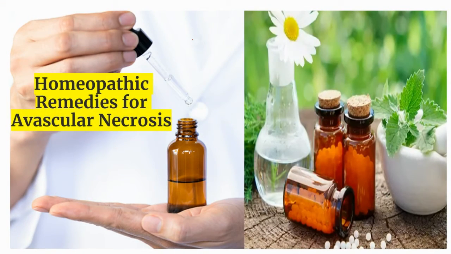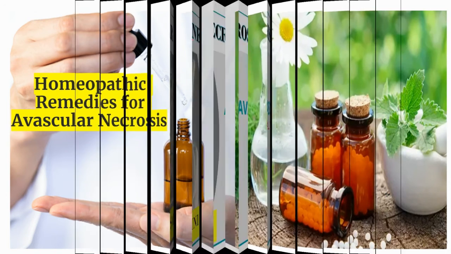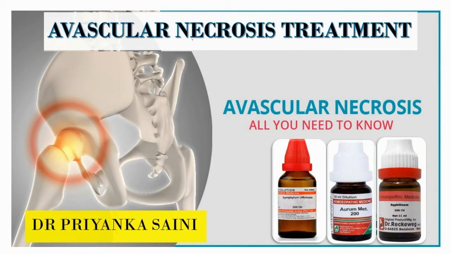Now, next, we'll talk about the treatment. So, what is the ultimate treatment for avascular necrosis? Here we are talking about the homeopathic treatment. Now, we will talk about the homeopathic medicines which are used for the treatment of avascular necrosis. Homeopathic treatment for avascular necrosis uses the body's own restorative processes to heal. It basically aims at halting the destruction of the bones in patients of avascular necrosis because of the interrupted blood supply. The second aim of homeopathic medicines is to reduce the pain in the bone because of the bone damage,